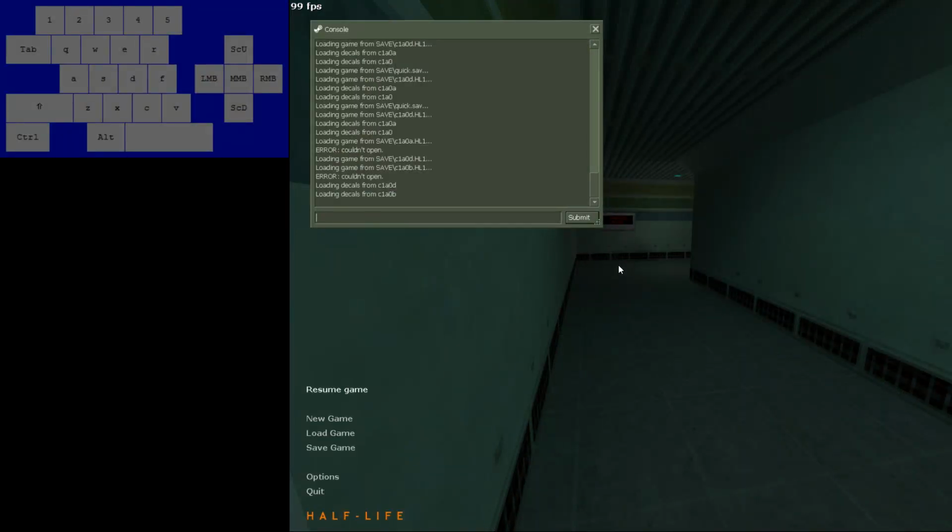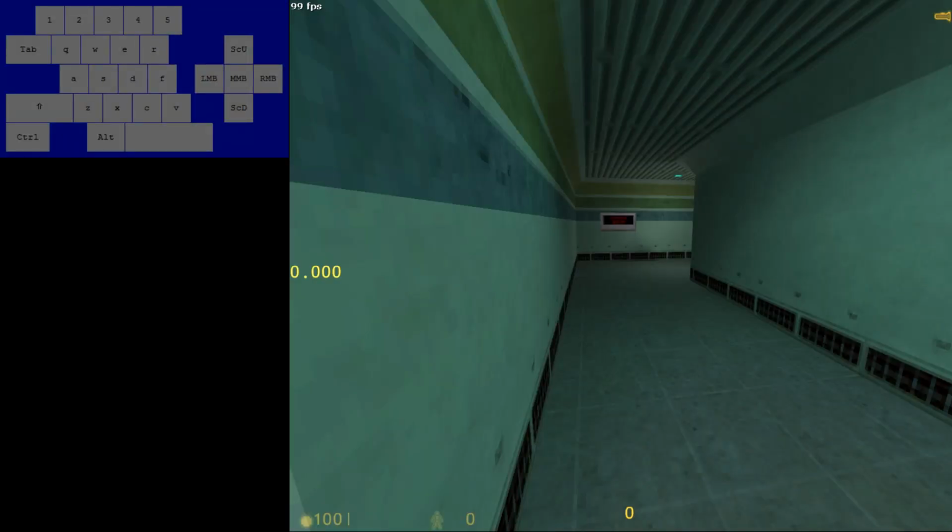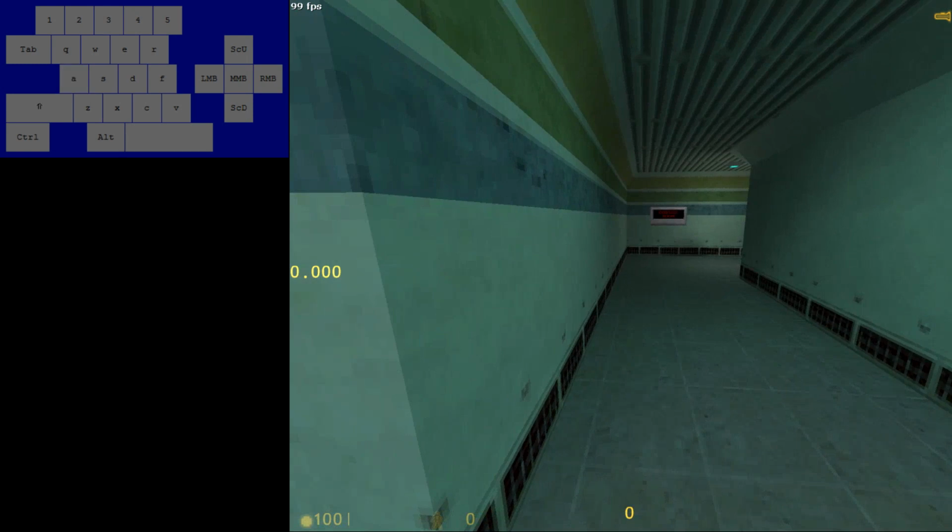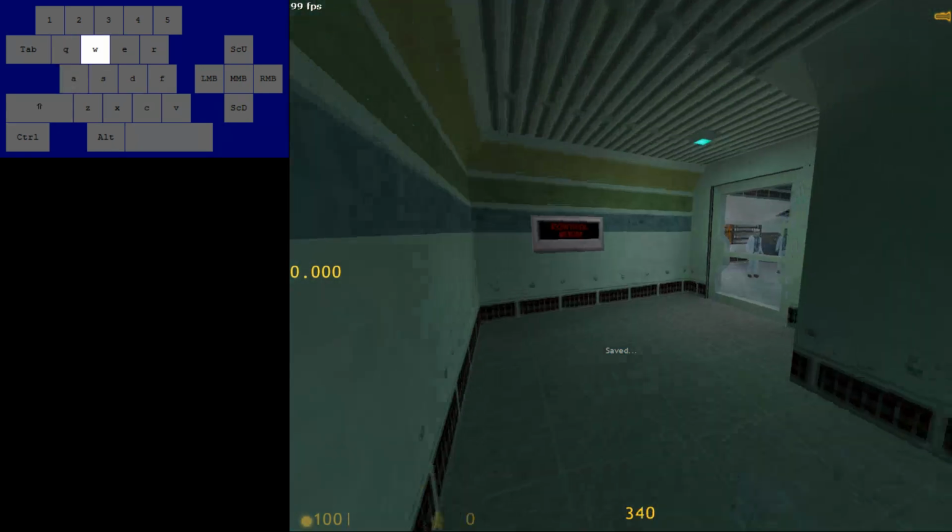Now, going into this next map here, there's going to be a change level trigger right ahead of us. You're going to want to go into this map twice. So you're going to want to go in, come back out, and then go in again. You might be wondering, why would I want to do this? Well, let's just see what happens if we do it once. So we go in,